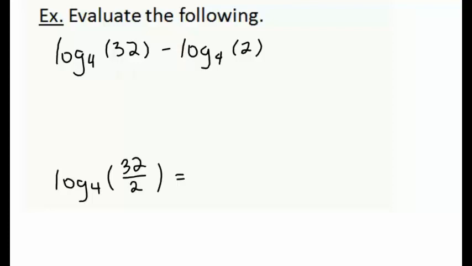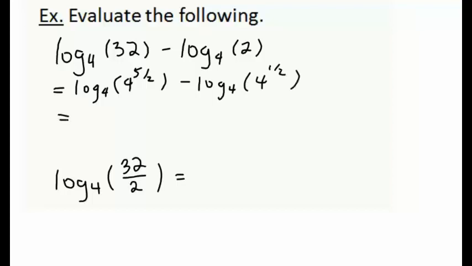So I've used the same logs, the same bases, and the same inside numbers as the last example so that we can more quickly go through this example. So we know that 32 can be expressed as 4 to the 5 over 2, and we know that 2 can be expressed as 4 to the 1/2. So this implies that since we have the same base of our exponential expression as well as our logarithm, we're going to get 5 over 2 here and 1 over 2 here. And when we subtract these two fractions, we are going to get 4 over 2,